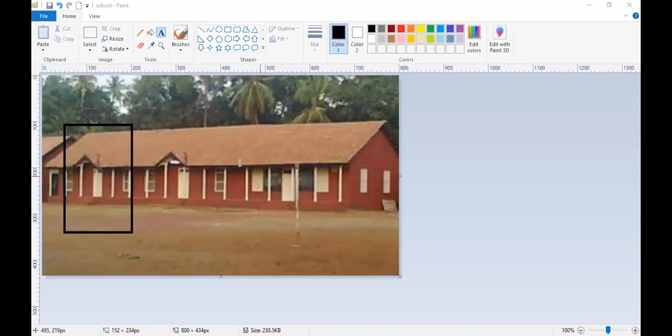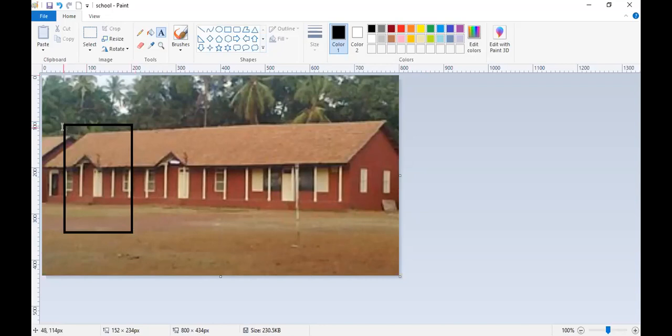Now if I want to find the coordinates of the rectangle, always keep in mind that for the rectangle shape, the upper left and lower right coordinates are very important. Why are these two coordinates very important? Because when I have to draw the rectangle, I select rectangle from here, click over here, drag, and drop over here.